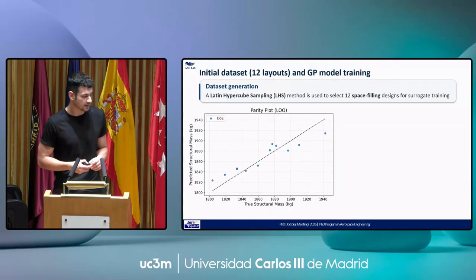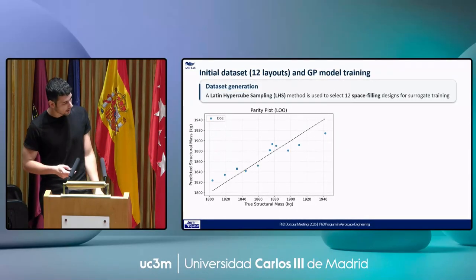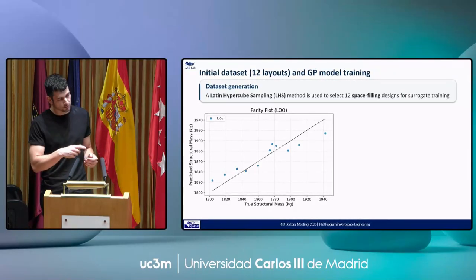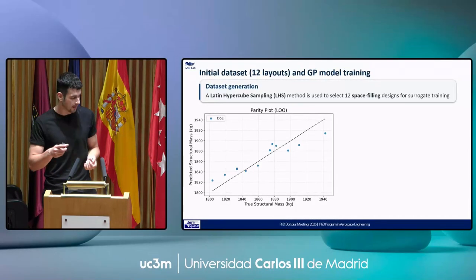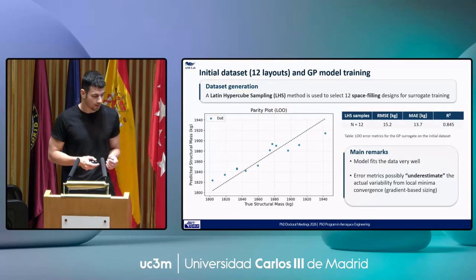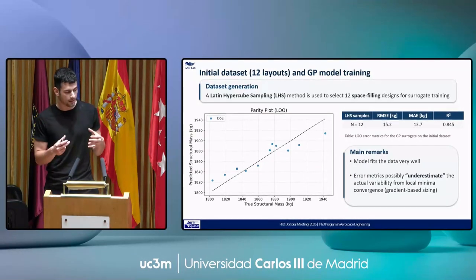We start from an initial dataset of 12 layouts generated with the Latin hypercube sampling method to be as space-filling as possible. And after training the model, we can see the parity plot, which is the predicted structural mass over the true structural mass. And the closer the points are to the line, the better the fit. Looking at the errors, we have generally low errors and a high R squared, which means that the model fits